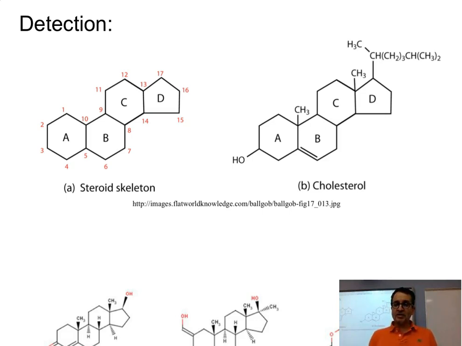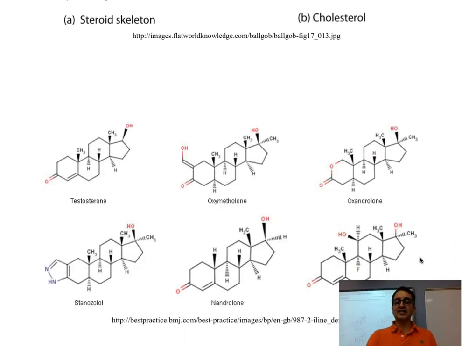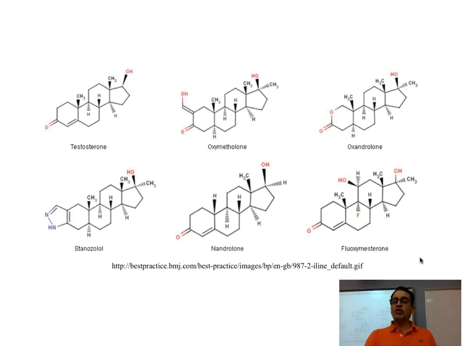All right, anabolic steroids have this particular skeleton that is based on the skeleton of cholesterol. All right, now this includes many many hormones, like testosterone, but it also has a number of different artificial